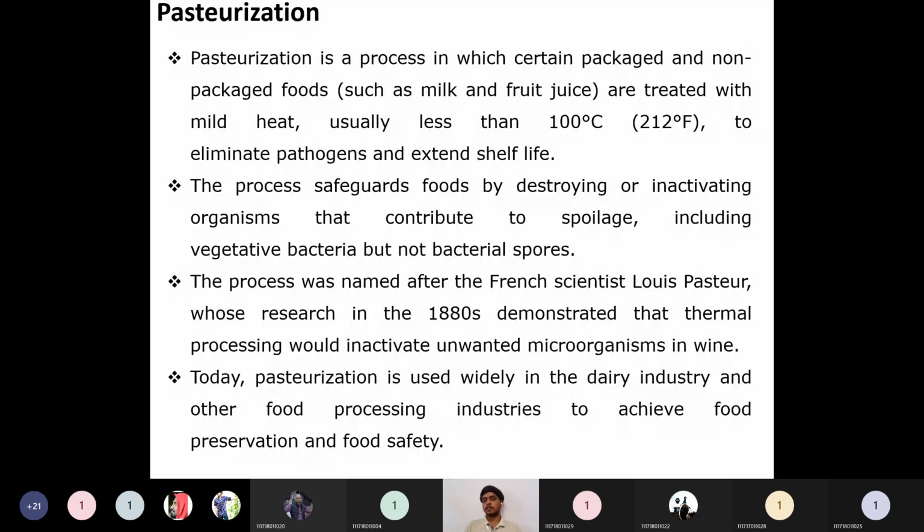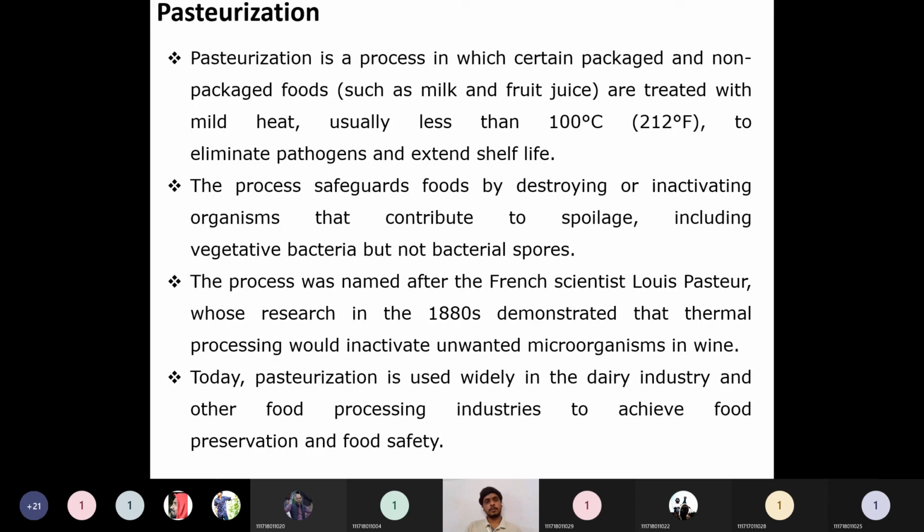Today, the pasteurization process is very much synonymous with the food processing or dairy product industry. It is heating of any type of product up to the temperature which is set down to kill that particular bacteria or bacterial spores, and that is called the pasteurization process. So this is the overall scenario.